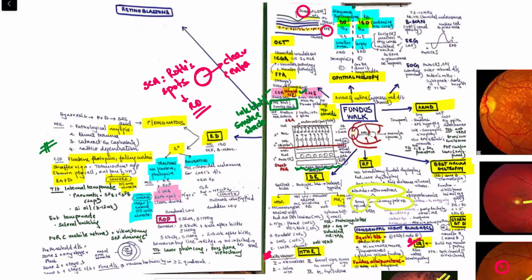Then exudative retinal detachment, the most common cause is choroidal melanoma. It can also be caused by other diseases like Coats disease, VKH syndrome, central serous retinopathy, which is, remember, CSR, ink blot and smokestack pattern on FFA. Then the hallmark is shifting fluid sign, and here it will be a sudden loss of vision. In traction, there will be a gradual loss of vision, while in exudative, there will be a sudden loss of vision.